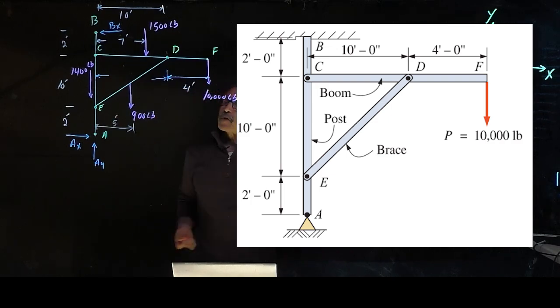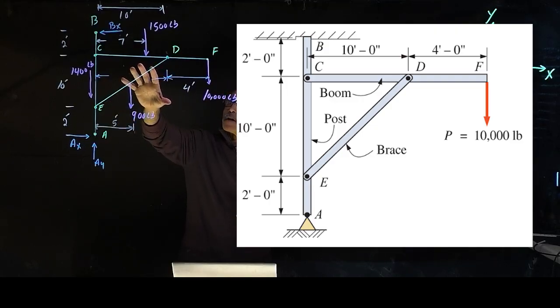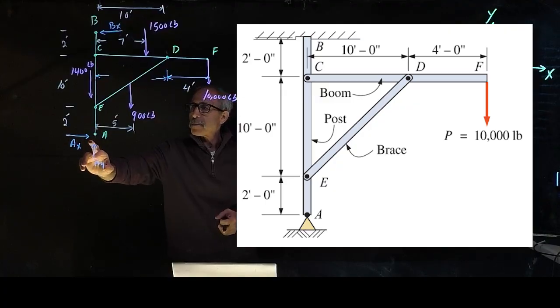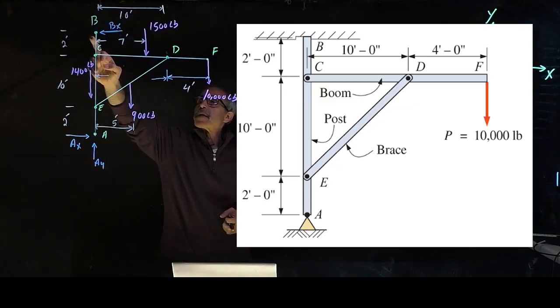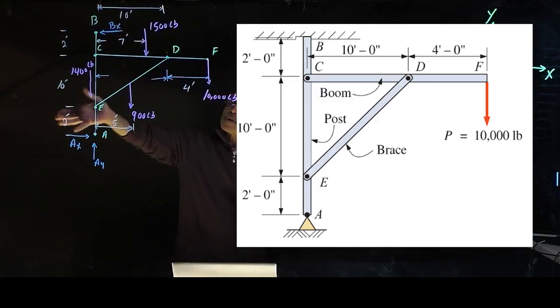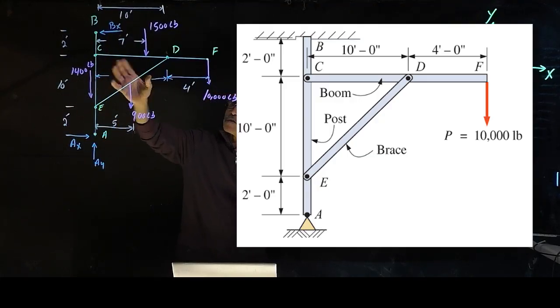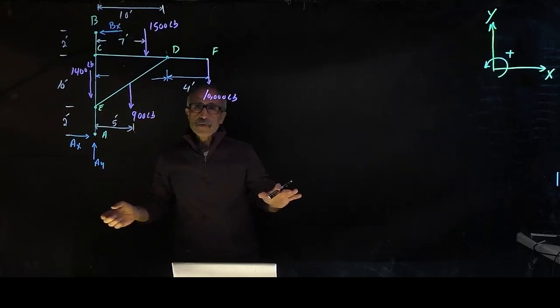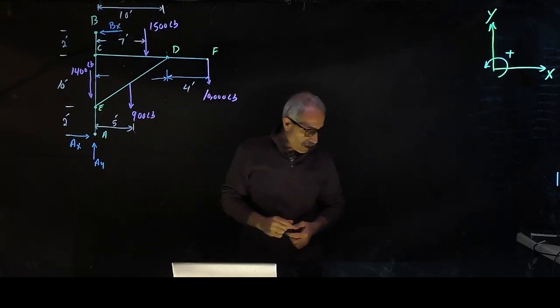And just like a truss, we're going to look at the external reactions first. After I put all these loads in, due to the weight of the members themselves, we come in here where there was a pin, so I'm going to replace it with AY and AX. Up here is basically a roller, which can move, so it only has one restriction, and that's BX. First, we're going to calculate these reaction forces, then we're going to take out individual members and analyze them, just like we did with the truss. So let's go ahead and